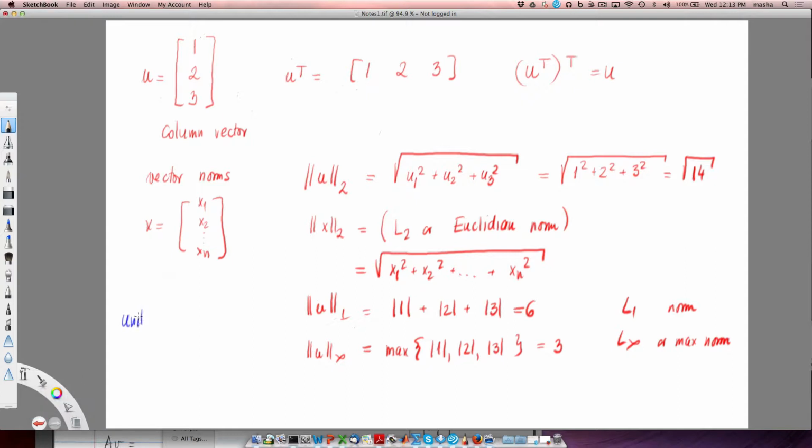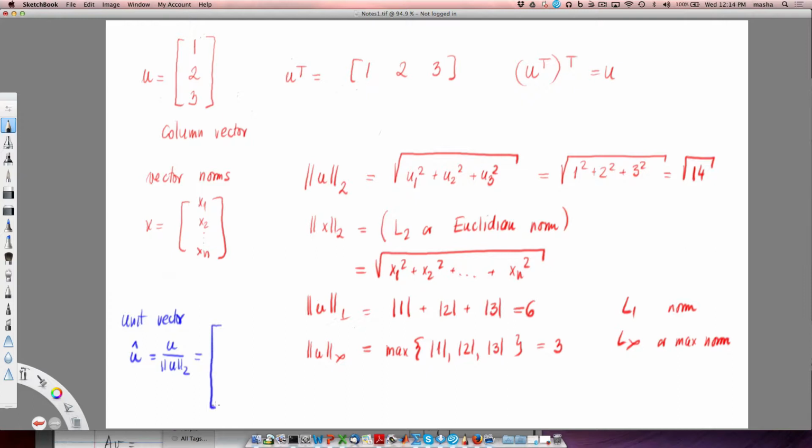So unit vector u, and I'm going to say u hat just to distinguish it from u, is u divided by its norm. I can, of course, do this in the norm that I'm interested in. I'm just going to do this in the 2 norm. So if I divide u by square root of 14,